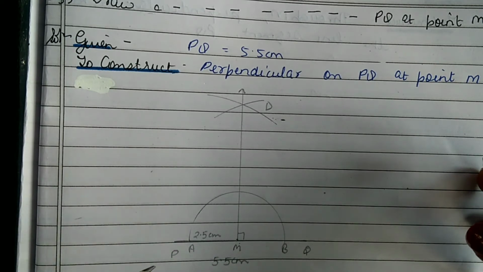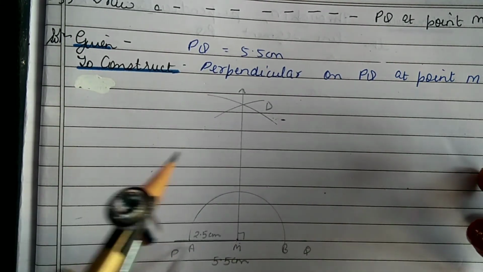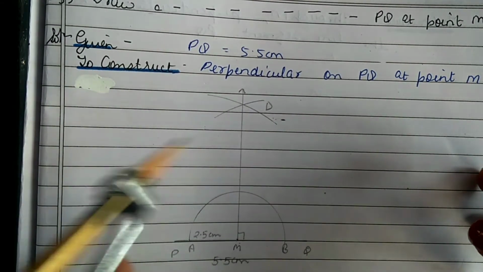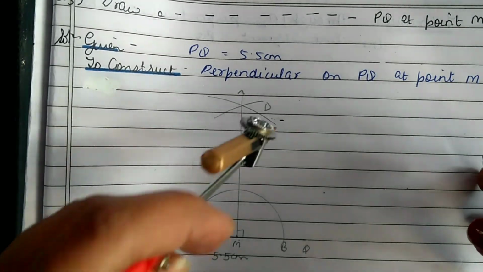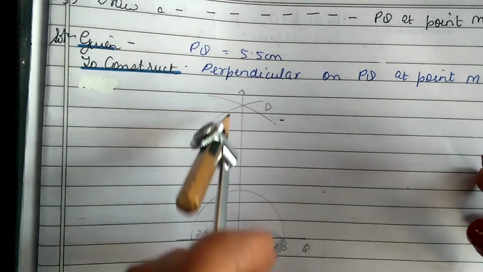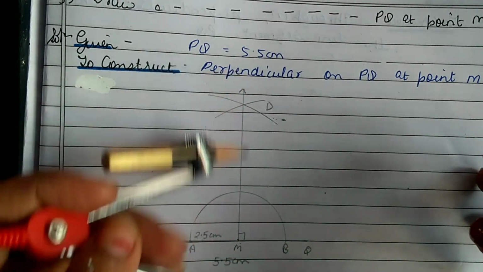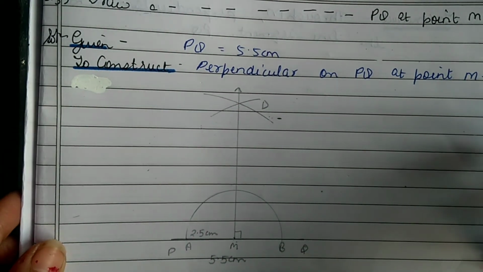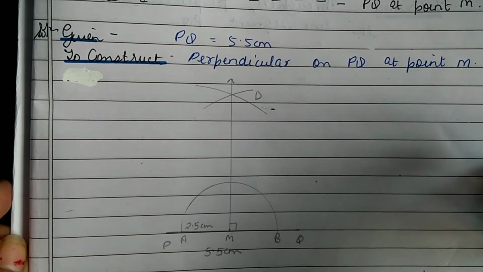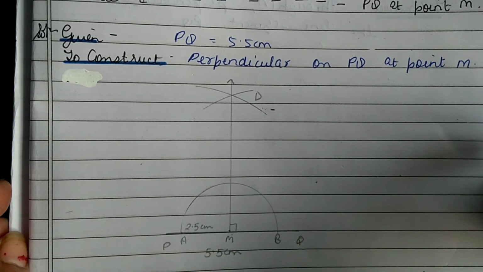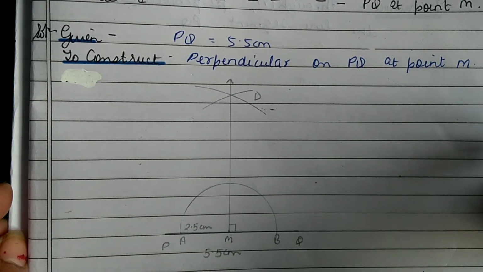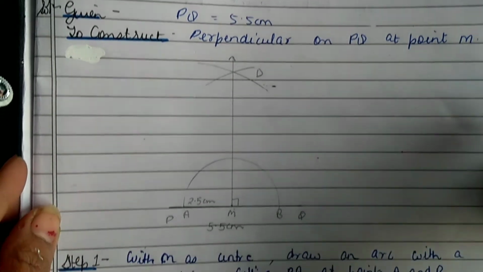जब आपको एक लाइन सेगमेंट गिवन हो, उसी लाइन सेगमेंट पे कोई एक पॉइंट गिवन हो, तो सबसे पहले उस पॉइंट से आप एक सेमी सर्कल ड्रॉ करेंगे. वो उस PQ को किसी दो पॉइंट पर कट करेगा. With that two points you will cut an arc, and from B also you will cut an arc. It will intersect at any point, and then you will join this line. This is a perpendicular on PQ at point M. Point M lies on the given line segment.